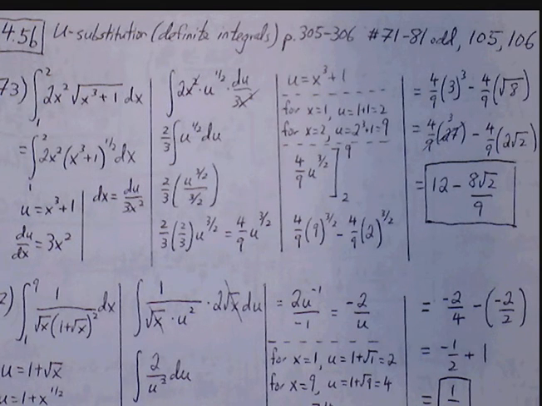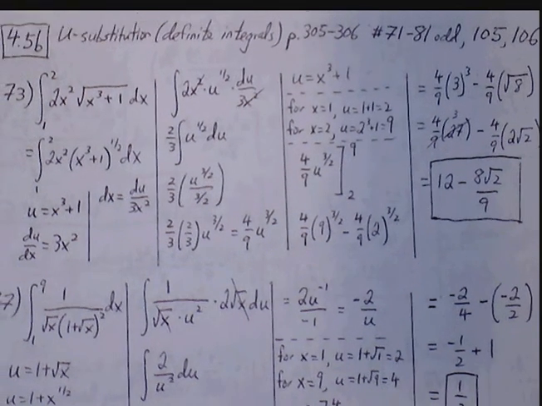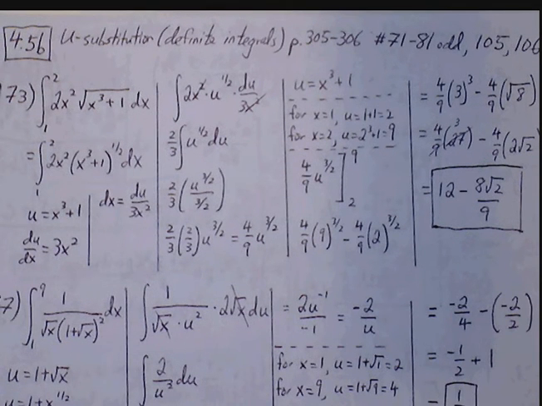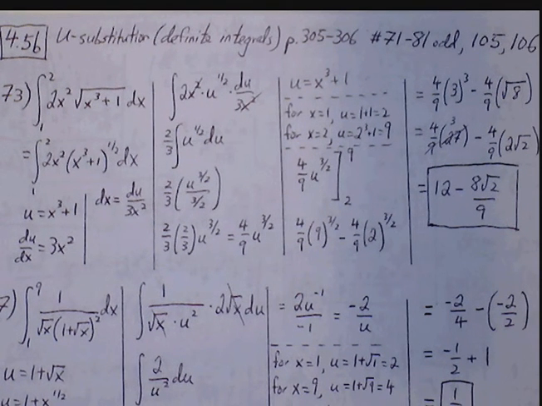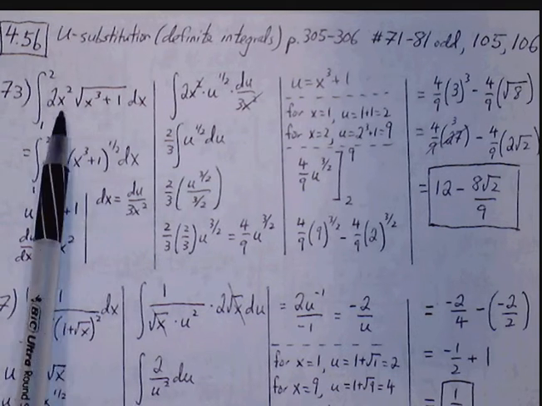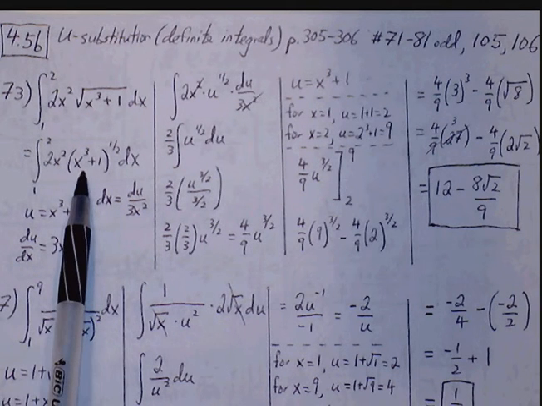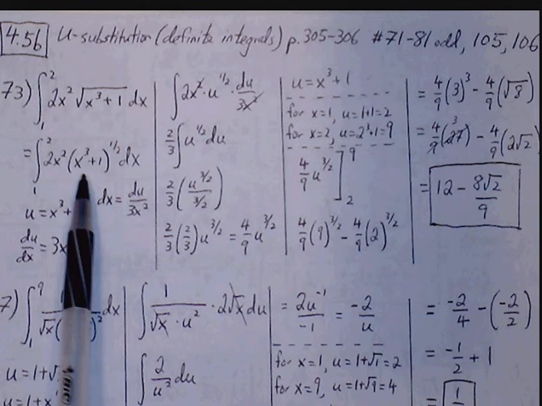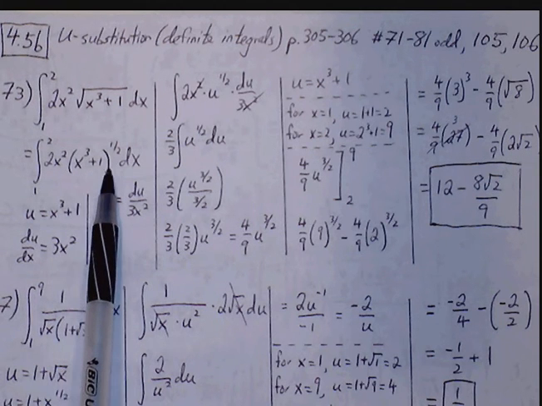Okay, homework from section 4.5b. This is u-substitution involving definite integrals. So the first step stays the same. We want to rewrite in terms of parentheses. So once we have it as rational exponents, we see that we want the u value to be x cubed